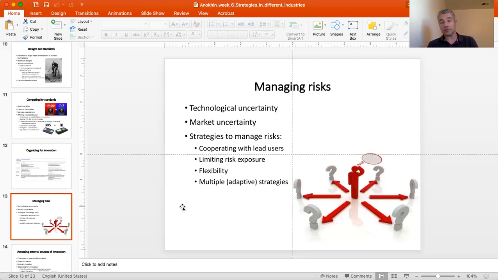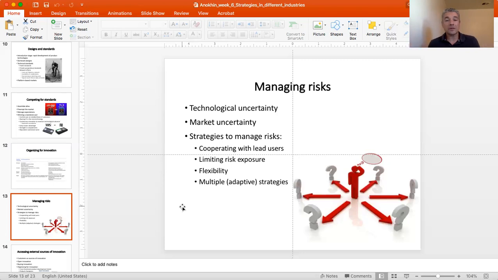In fact, this strategy of employing users in product development has recently been adopted by a great number of companies. Not only do they source interesting ideas from lead users, but also